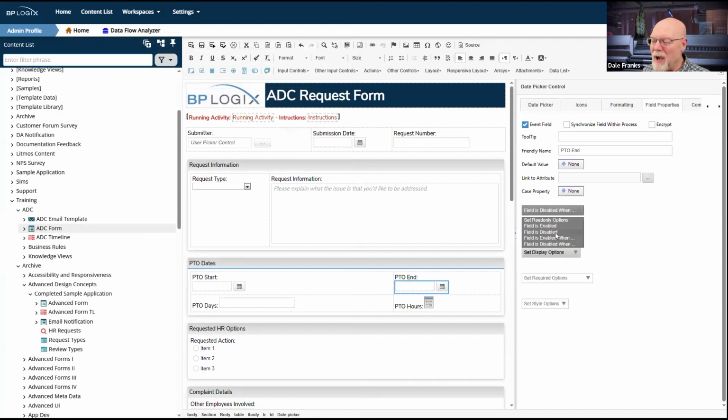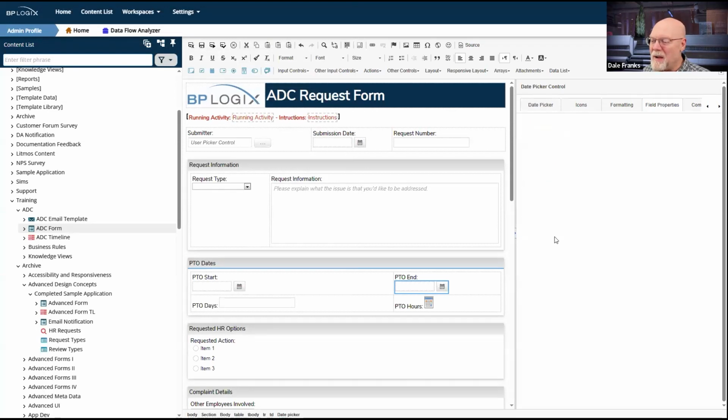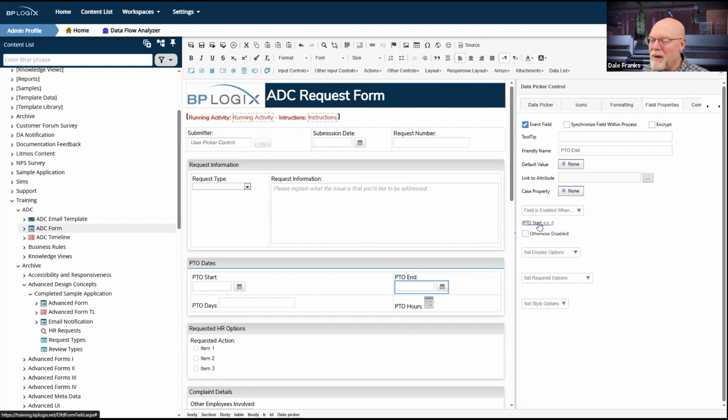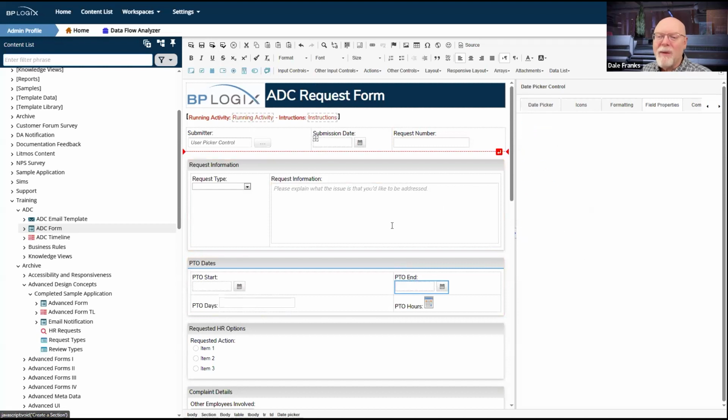I misread what I did. It should be field is enabled when there may be a condition. There may be a problem with my condition here. And then I want it otherwise disabled. So was it disabled? Hold on. Was it disabled at the start?